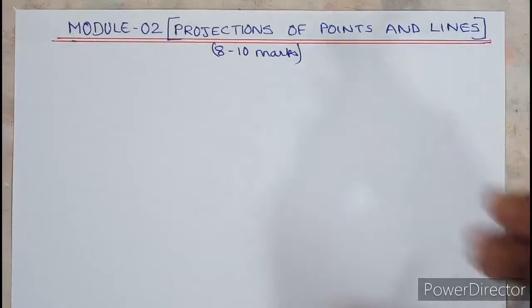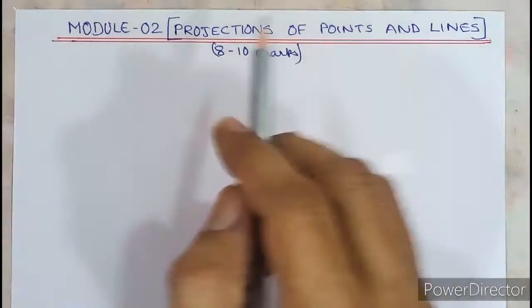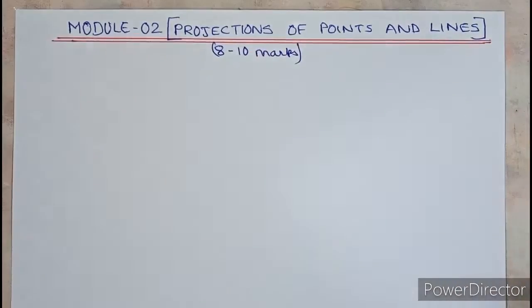So in topic number 1, that was orthographic projection, what you've done is you have projected an object on the horizontal plane, vertical plane and profile planes. Now here, as the name indicates, projection of points and lines. So what you should be aware of,